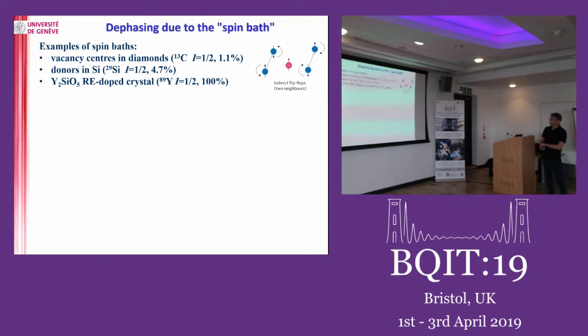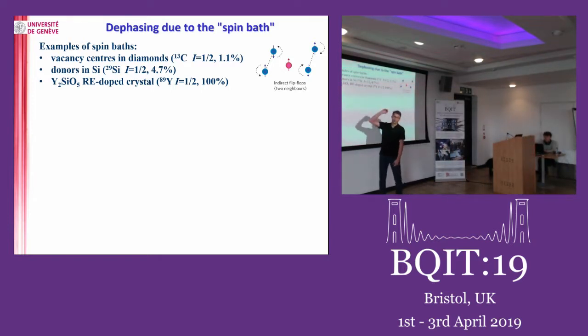This is by no means unique to our system. All solid-state systems suffer from the same. Quantum dot people will know this. NV center people know this. Usually in your system, you have your active ion, and you have your bath, where you often have nuclear spins. For example, you have carbon-13 in diamond, you have silicon-29 in silicon. And this material you will see a lot today.